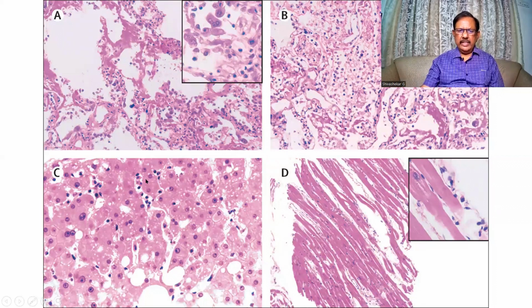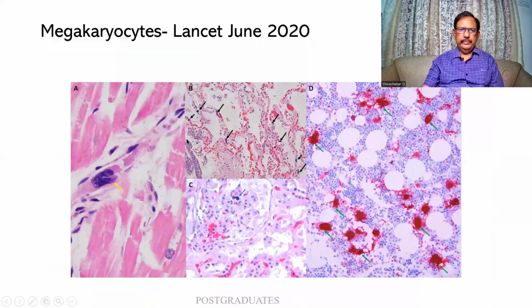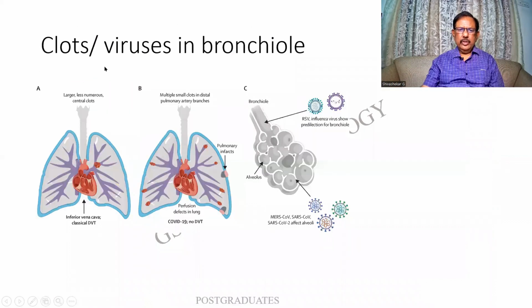Liver is another one that I shall be mentioning or I have already done. And another one is the cardiomyopathy. And look at the interstitium, it is being infiltrated with the inflammatory cells. Megakaryocytes are present even in the myocardium. And these are the other changes, the special stains that are being used in the various organs. Clots and viruses can be seen in the bronchiole, and then with just a diagrammatic one, maybe a small line sketch like this can help us score over.